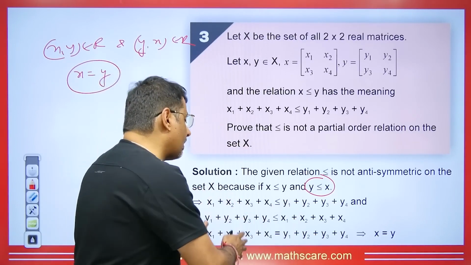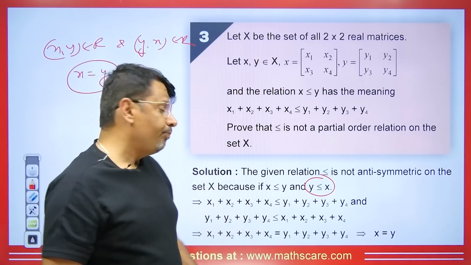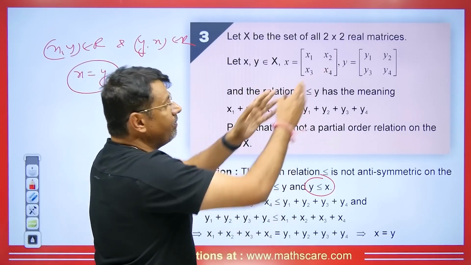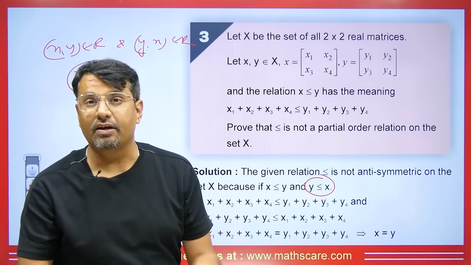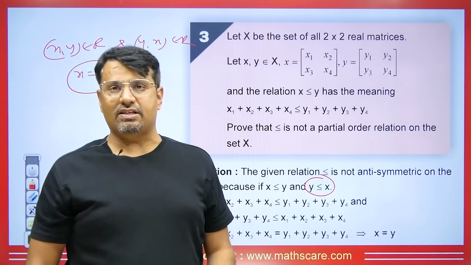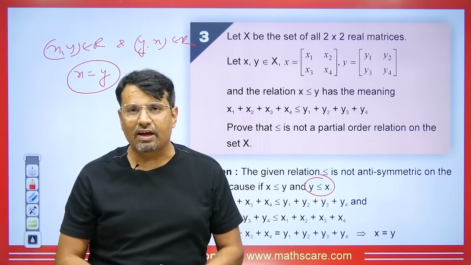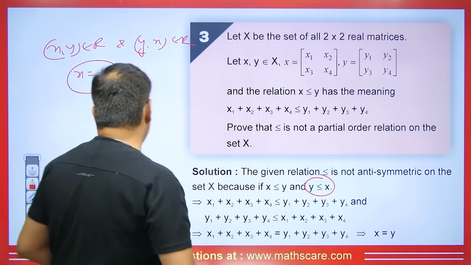Now let's check if we have any matrices where the sum of their elements is equal and the matrices themselves are also equal. There can be such matrices, but not all. It's not the same for all the matrices. You can take any random example. If I take X matrices